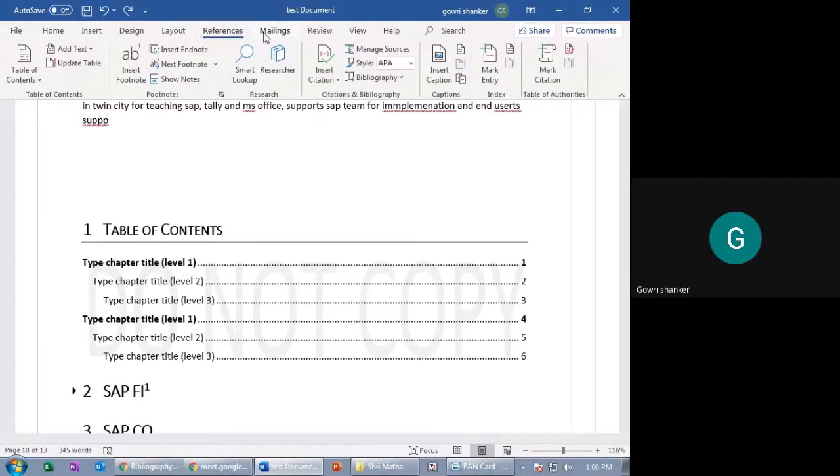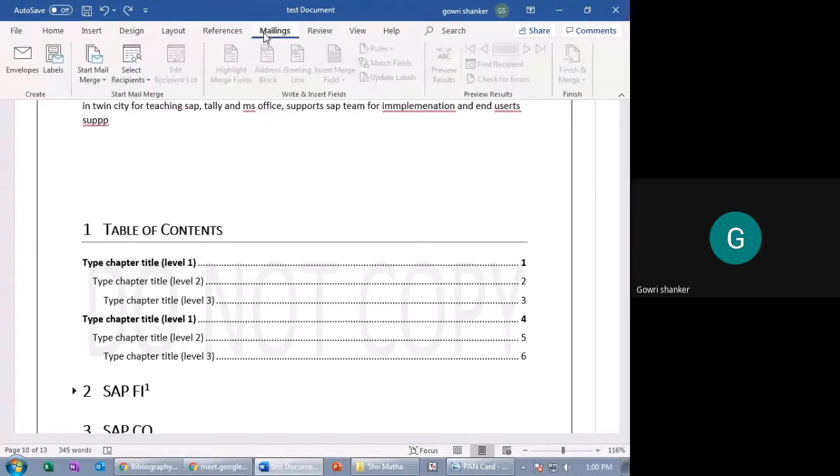Okay. Next, you have the main topic called mailing. This is very important. Remember, this is normal basics. Till references, it is normally everybody can do. Once they sit in the practice, they just have to do their research. Go to each tab, do it. Click on file, click all the options and see what the system is doing. Go to home, check each and every item there and find it out. Next, you have insert. In a similar way, design, layout, references. Everything is common where you can do it there. But mailing is something different where you have to merge with something else.